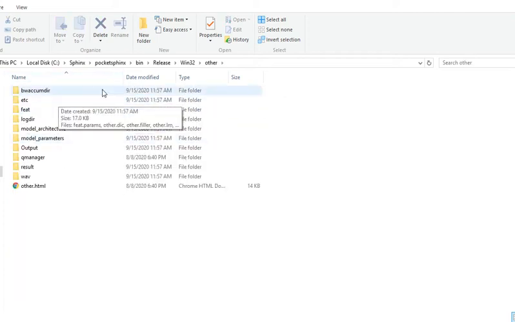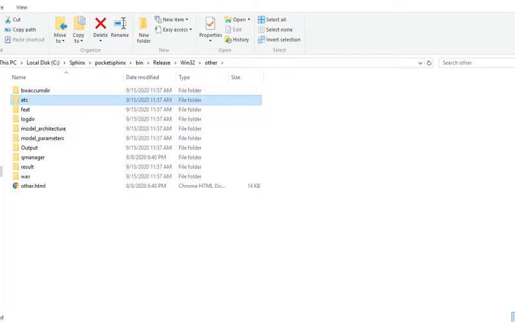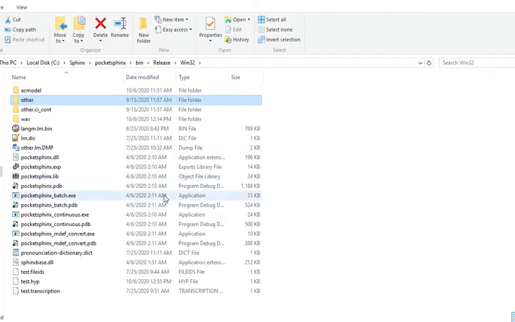If you trained your acoustic model, it will be here, in the etc folder, the test file IDs. So what I did is I copied these files into the directory where my batch file is present, and I just renamed it test file IDs.